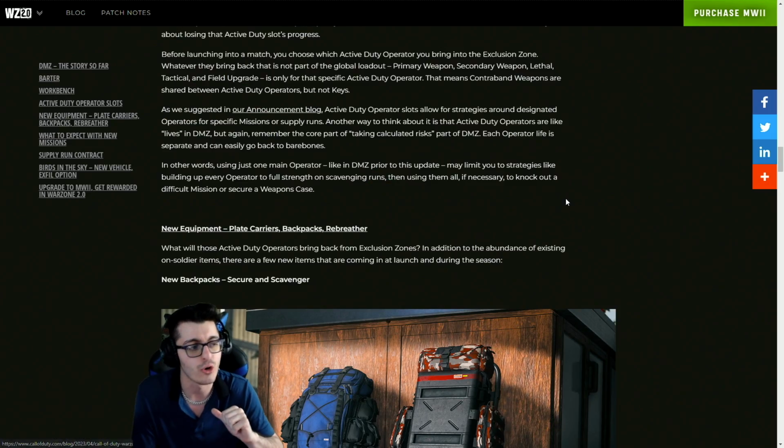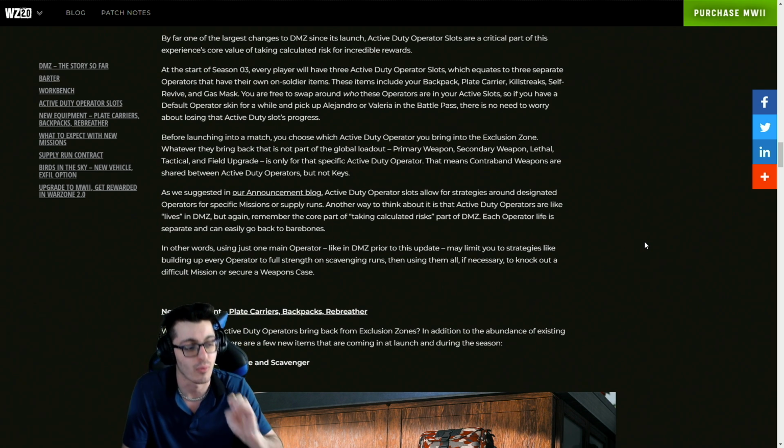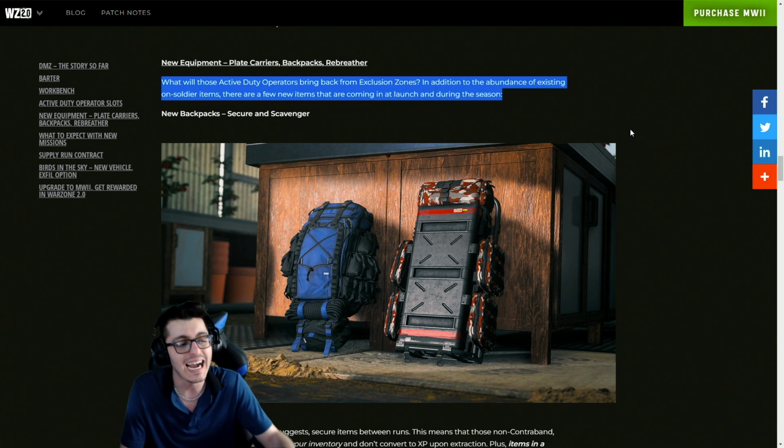So let's start off with our new equipment. As it says right here, we're going to be seeing quite a bit in terms of plate carriers, backpacks, and even a rebreather. Quite a bit here. So got a nice new image here of our new backpack system with secure and scavengers. So what will these active duty operators bring back from exclusion zones? In addition to the abundance of existing on-soldier items,